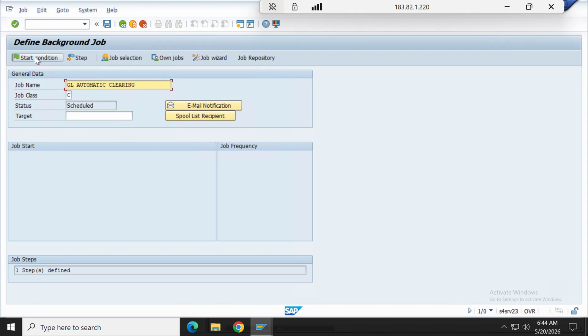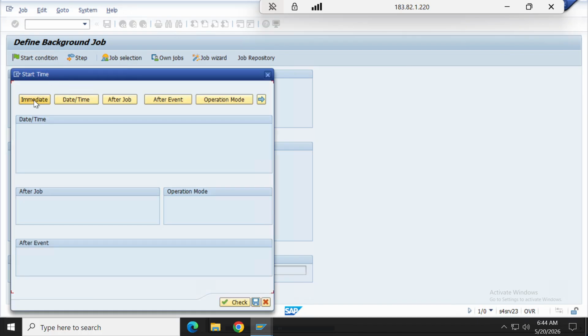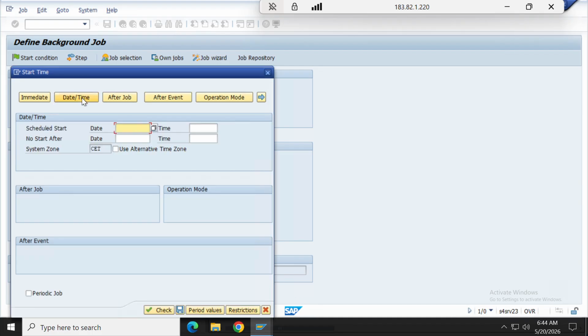Now click on this start condition, specify start condition. Whether you want to run this immediately or at a date or time, we need to mention it like this. If you want to run immediately, click on immediate and save it. It will run immediately. No, I want to specify some date and time. Suppose, let's say, schedule start. The start date will be today's date,